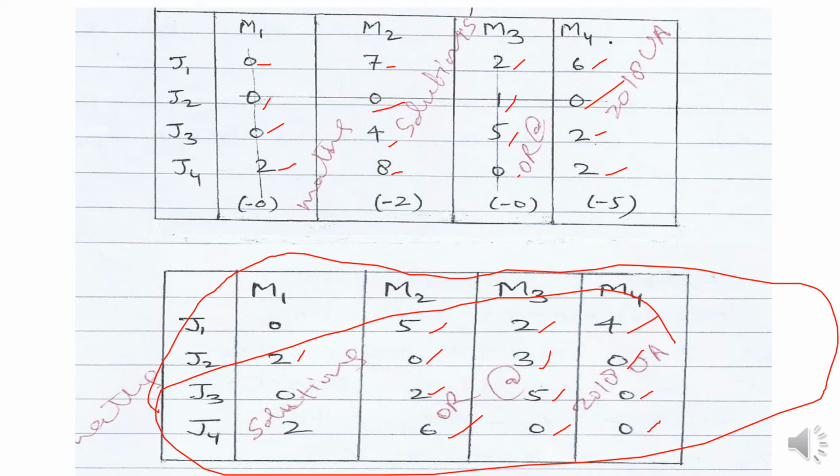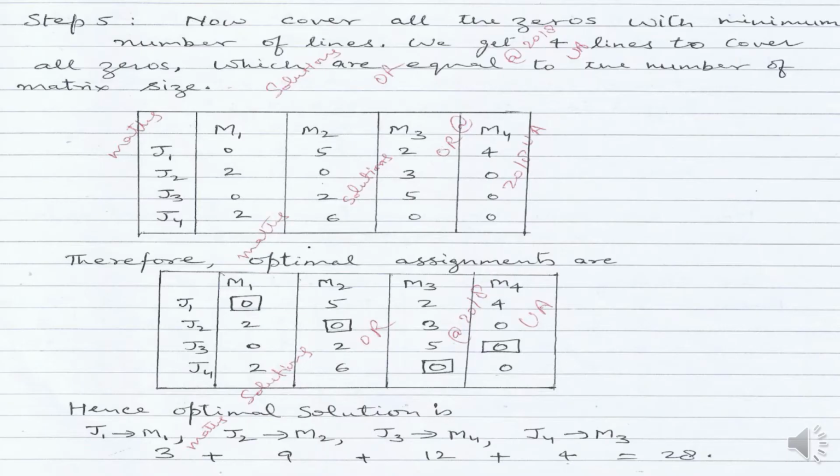This is the new table we got, and in this table we will cover our elements and see whether we can get a feasible solution where we can assign the jobs to machines, and if they are equal and feasible, we will take the solution, otherwise we have to do some further calculations. So we see what happens. New table we get, and the new table is here. This one is the new table after doing the step here.